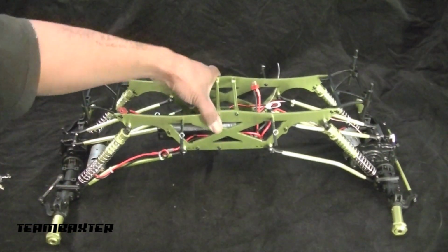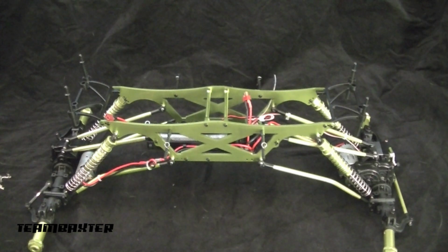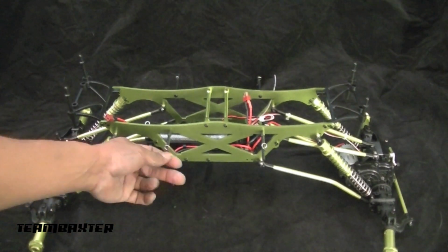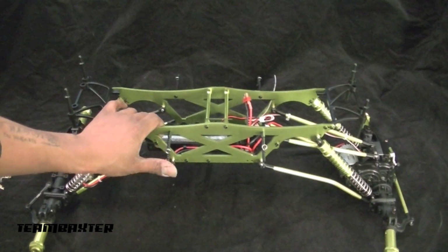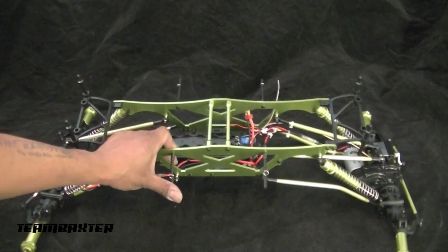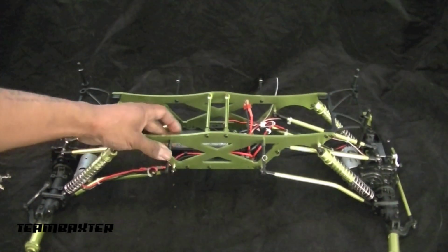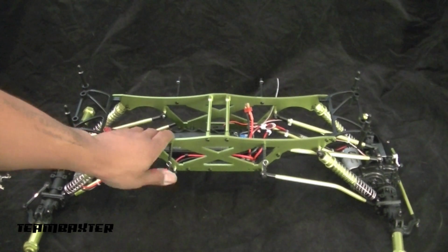So yeah, I'll be doing the standard upgrades to this, new motors and speed control and all. Trying to make this thing as capable as possible. Not a big fan of these side body mounts, but we'll see what we can do about that. They're a little flimsy as well, and they also look like they've been just hacked off at the end. I think I have some axial posts that I might try to use here. It'll look a lot better and be a lot stronger,